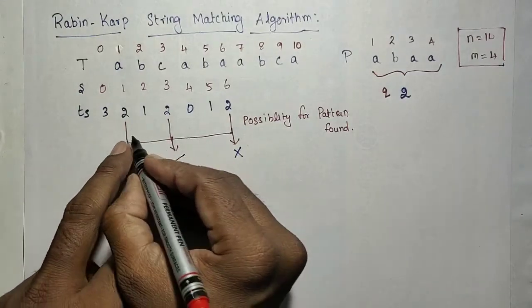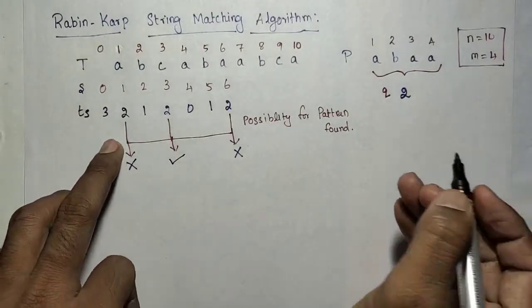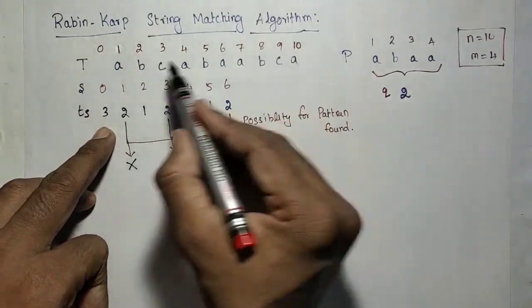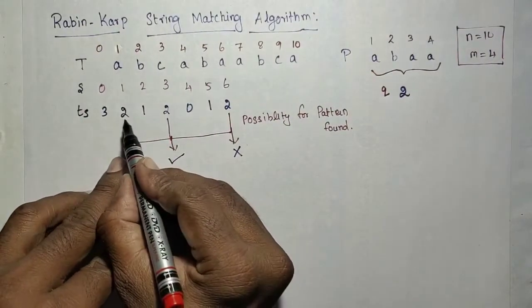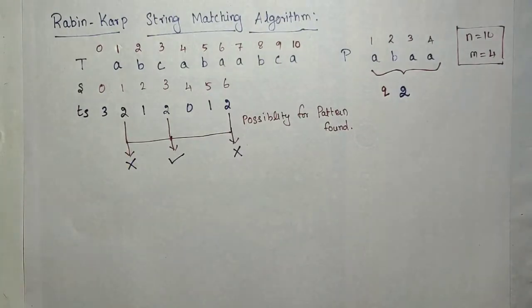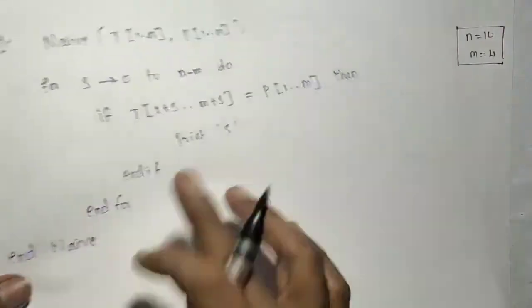That is what we tried: the possibility, we found 3 possibilities. Actually, in the previous algorithm, in each iteration every 4 characters would be compared. But here only 3 times the 4 characters are compared. We have reduced the number of times that inner comparison is done.